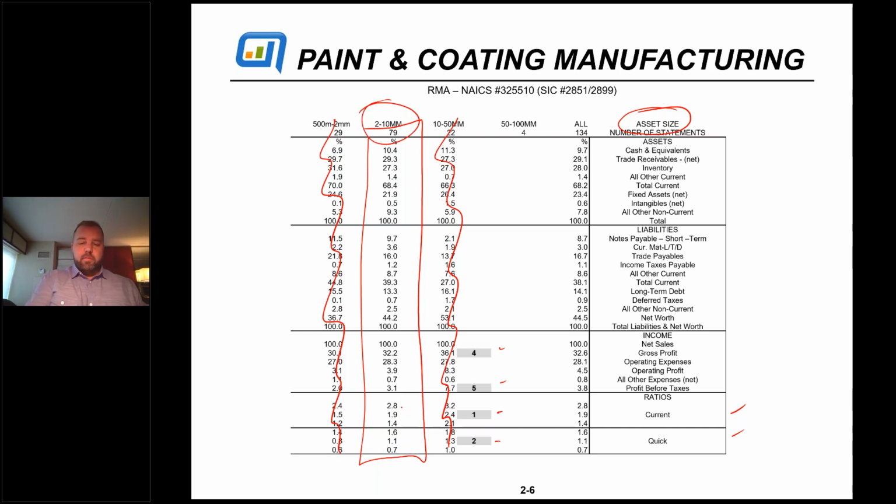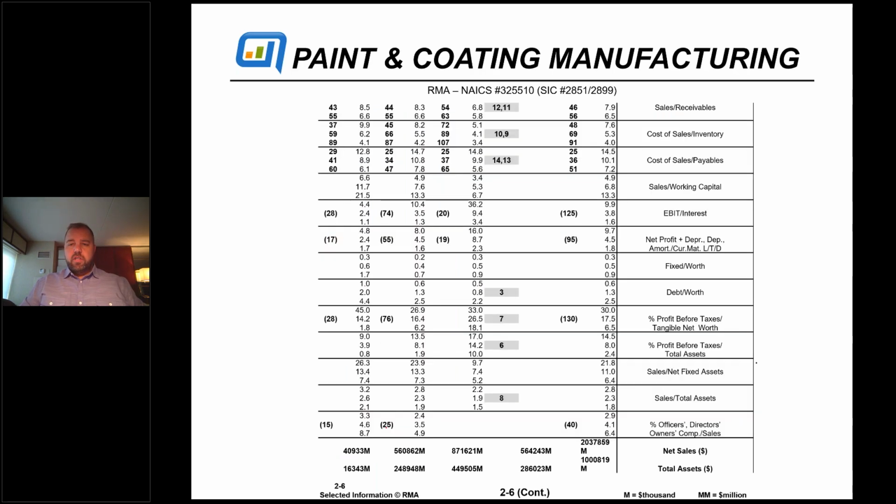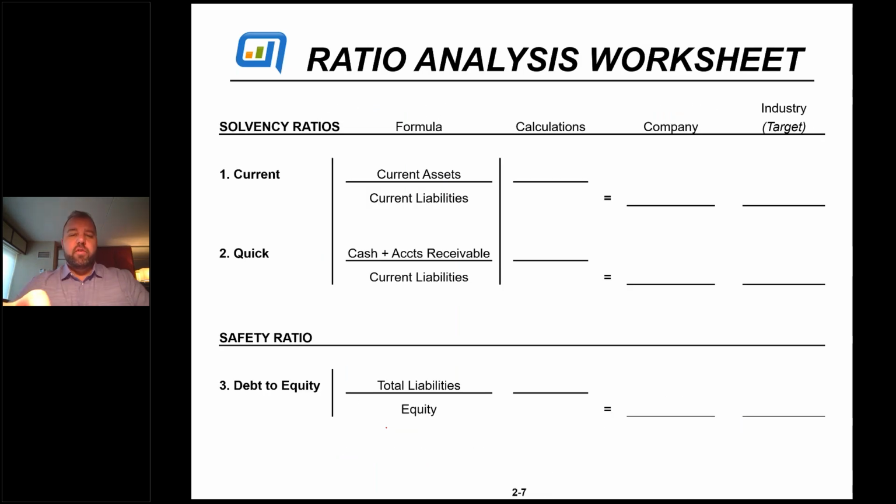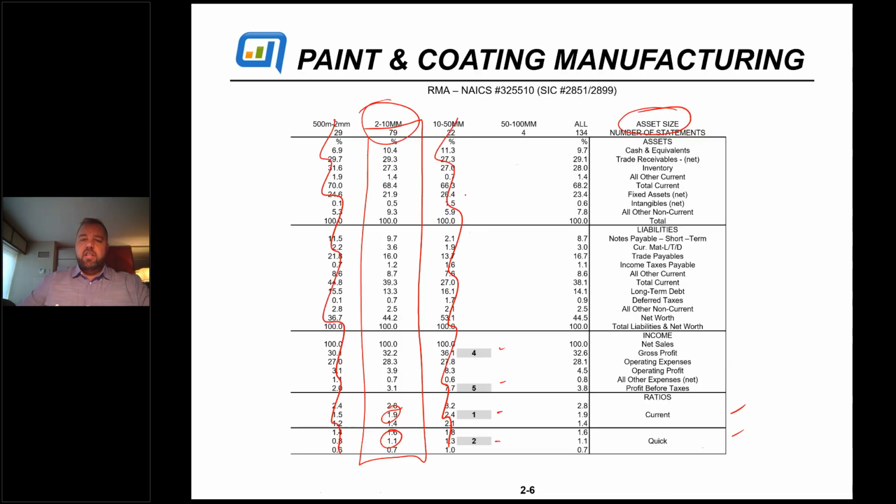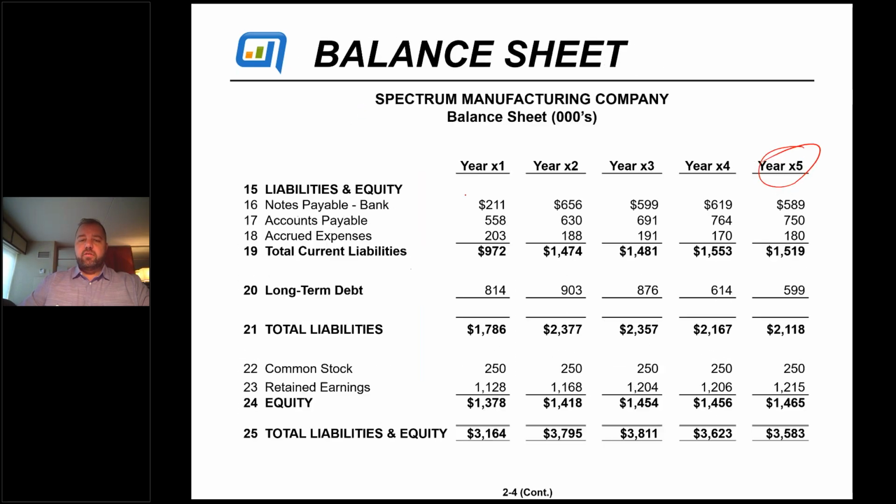So we're going to be using numbers like 1.9 and 1.1 for the next 2 calculations. I'm just trying to walk you through this so when I show you numbers on the calculation sheet, you know where I'm getting them from, and you know what it is that I'm comparing it to. So getting back to our calculations, we're going to start off with current assets and current liabilities. Again, where I'm getting these from is the actual balance sheet.